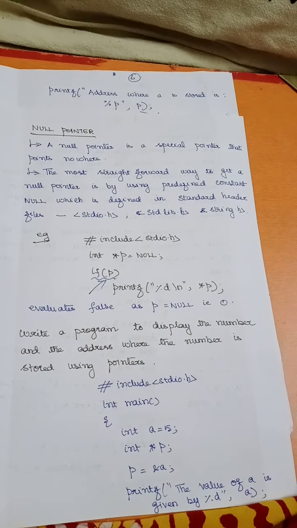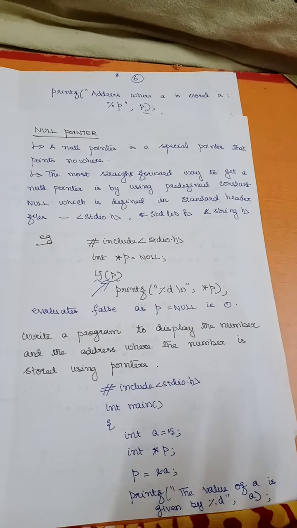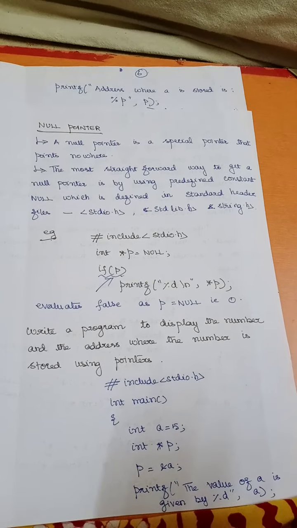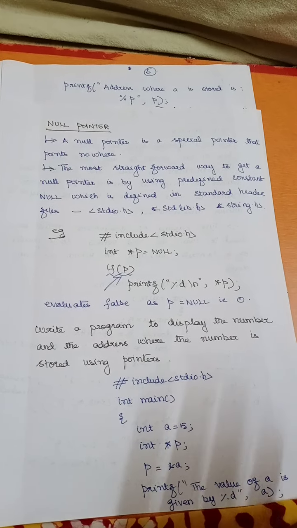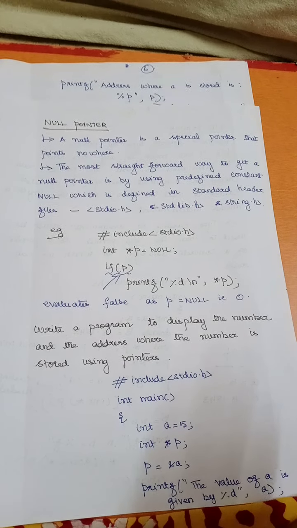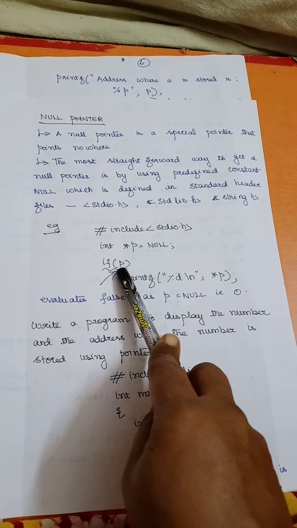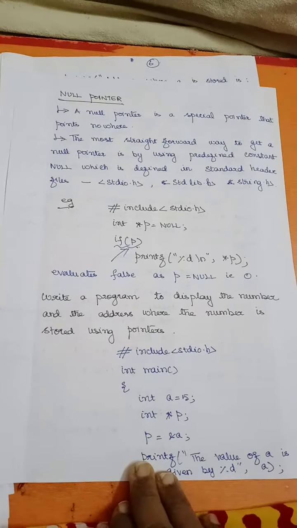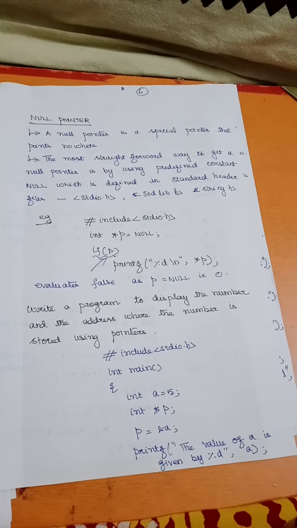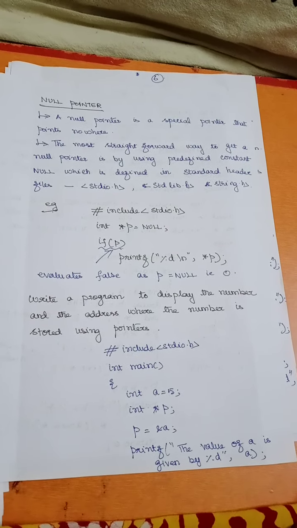The next one is going to be the null pointer. Null pointer is also a special pointer, and it is going to contain only the value NULL, that is 0. Why I need to use this is, I can use it in the if condition. If the pointer is not pointing anywhere, it is going to have the address 0. Then if of 0 is going to be false, then I can do whatever I want. Now we'll see some example programs with the basic pointer concepts.